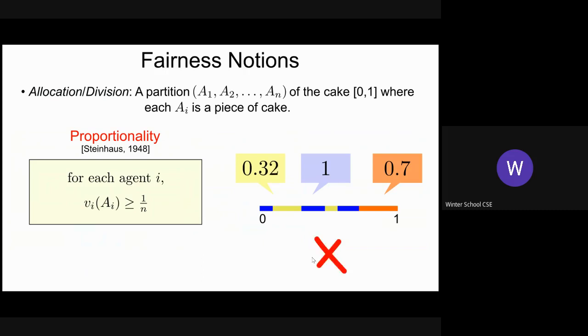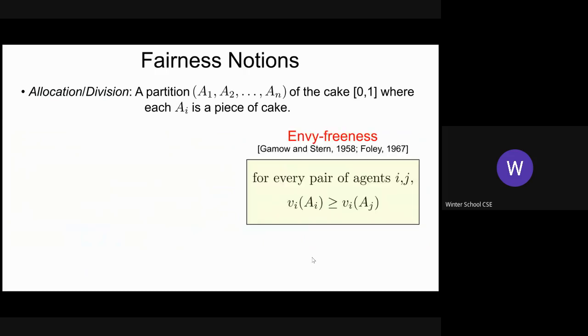For the same reason, this is not a proportional allocation, because the yellow agent is slightly below the threshold of 1 over n. Okay. All right. Cool. So someone asked why